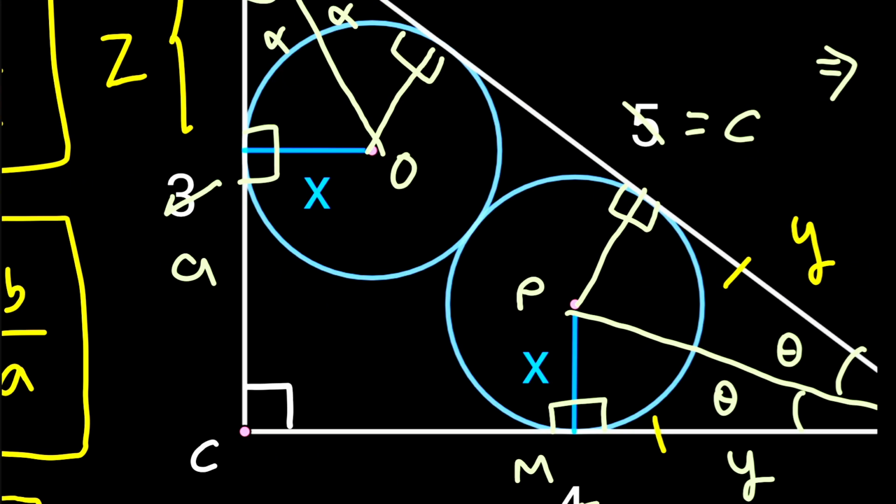So now over here we can simply draw a line segment joining the points O and P, and it will also pass through the tangent point. Okay, now what about the length? The distance from O to the tangent point is the radius of this circle, hence it would have a value x. The distance from the tangent point to P is the radius of this circle, hence it would have a length x again. Therefore the complete length of the line segment OP would be equal to x plus x, that is 2x.